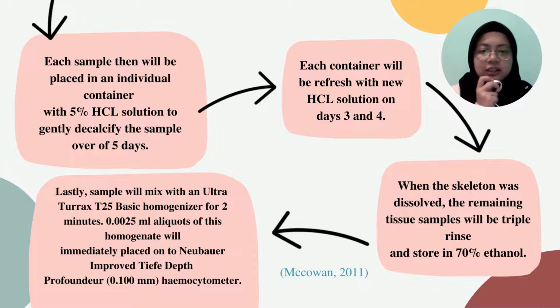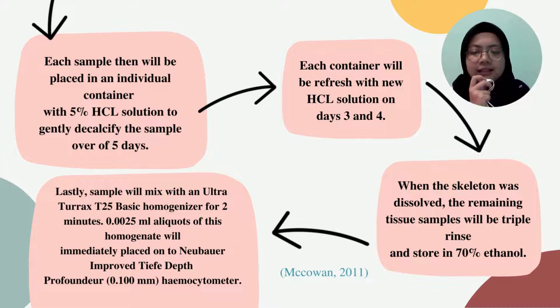Each container will be refreshed with new hydrochloric solution on days 3 and 4, and when the skeleton has dissolved, the remaining tissue samples will be triple rinsed and stored in 70% ethanol. And then, lastly, the sample will be mixed with an Ultra-Turrax T25 basic homogenizer